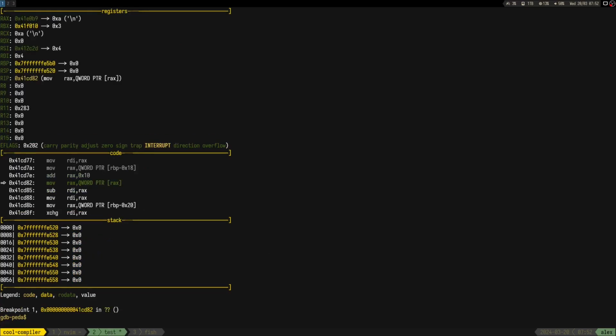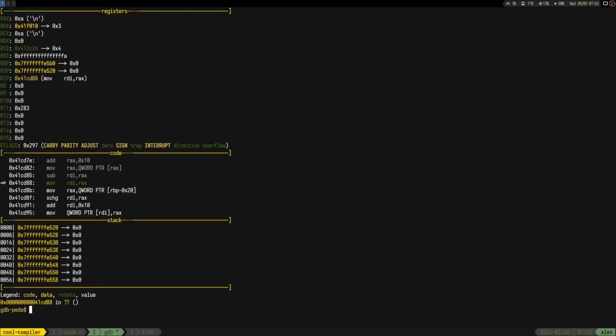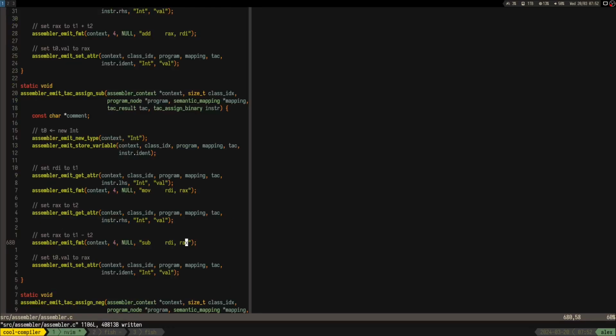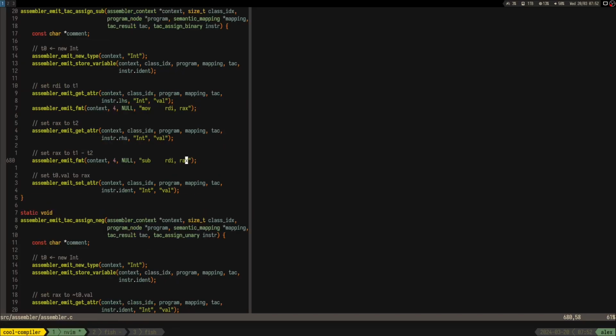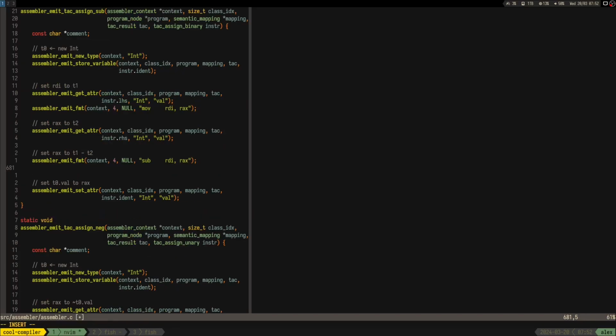If we do 4, it subtracts, yeah, like that. Okay, so this means that now it should work probably. But we need this extra move, which is a bit annoying. Yeah, anyway,